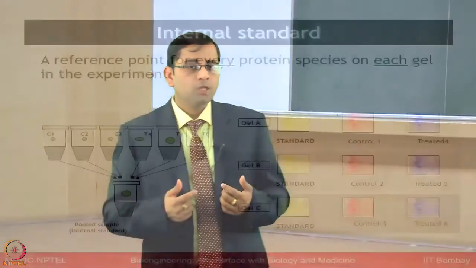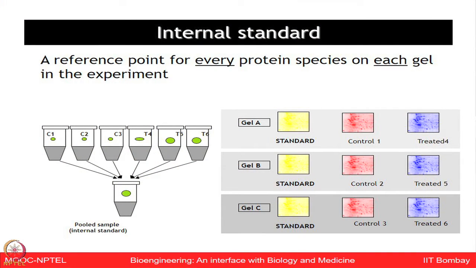So, as I mentioned in comparison with 2D electrophoresis, the DIGE technology is much superior for quantitative purposes, and that superiority comes mainly because of the internal standard which is being used, and that will be used in all the different samples for analysis, and could be used for normalization and co-detection purposes. So, the internal standard is a reference point for every protein species which is present on each gel in the experiment, and here it is shown in which way you need to make the internal standard when you are planning